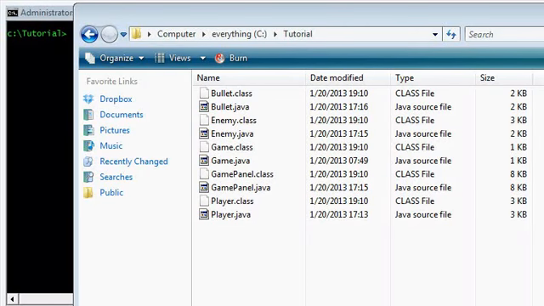Hey guys, this is part 8 of the Java game programming tutorial. In this one I'm going to create a PowerUp class, which I'm going to use to sort of level up the player. But before I start, I just want to say that this was supposed to be a basic game